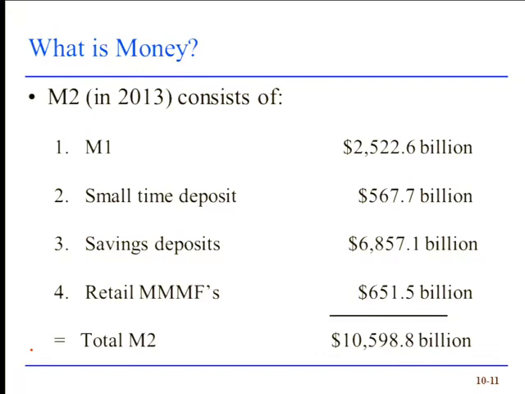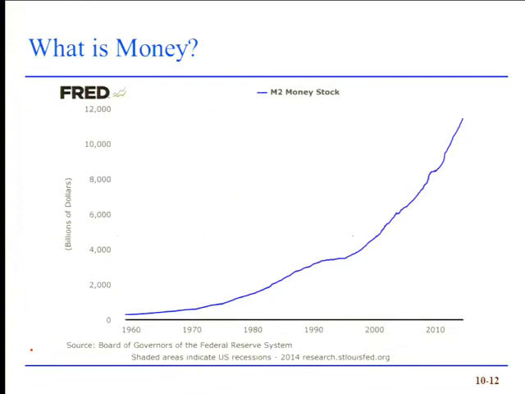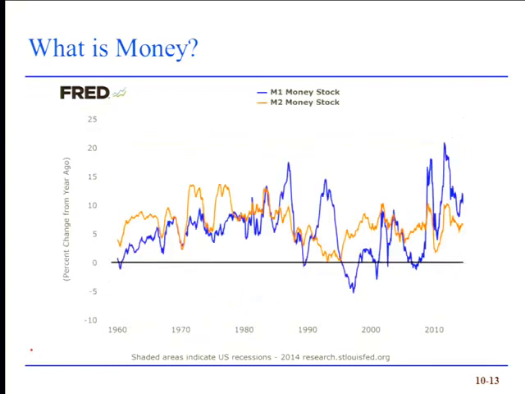This is also the monetary aggregate that the Federal Reserve watches most closely. For that matter, the second definition is the monetary aggregate that most central banks around the world pay attention to, rather than the more narrow definition of M1. Once again, you can see that the M2 numbers have risen over time, very much like the M1 numbers, very much like the real GDP numbers. And this is their growth rates.